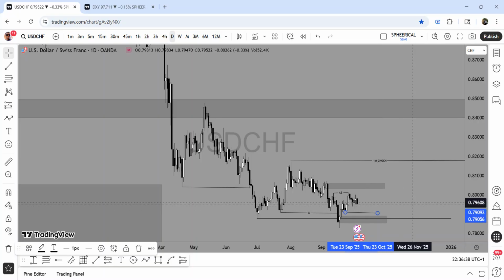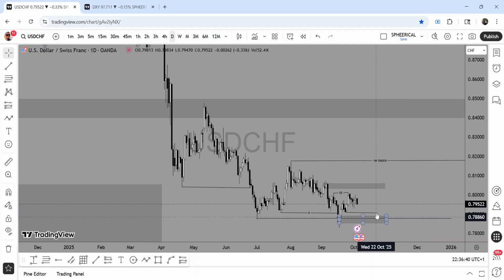So I will definitely stay away from this market until I see it come to any of these POI I marked there. So this point and this point are my key levels. I'm not going to take any trade in this zone unless I see another important POI in the 4 hour time frame,